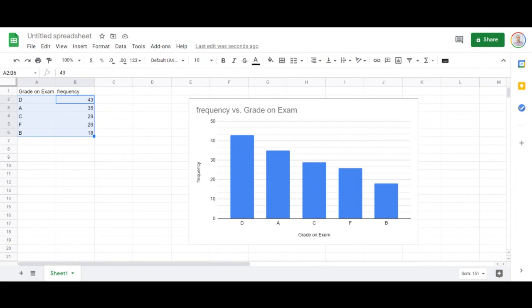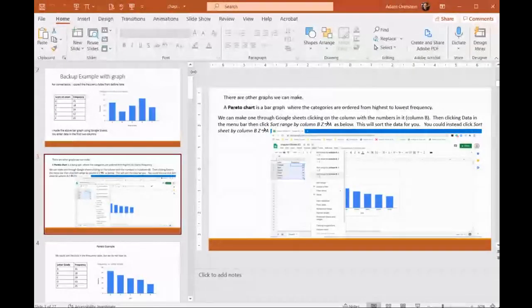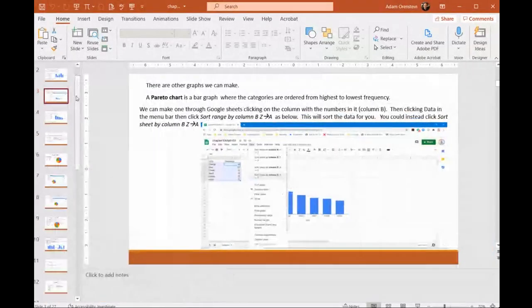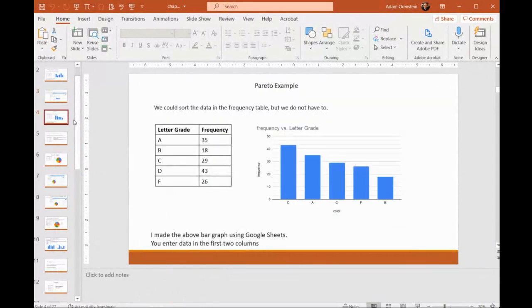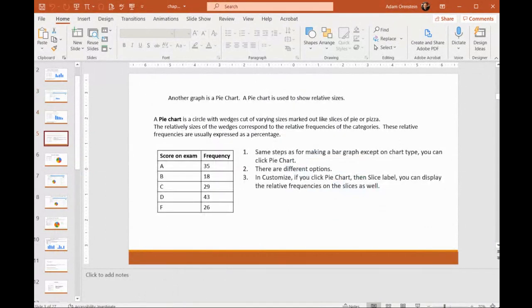Okay. Let me get back to the notes. Although then I'm going to have to come back to Google Sheets, but I really have to go back to the notes though. So let me do that. There we go. So this is what we just made, that Pareto example. But now we can look at